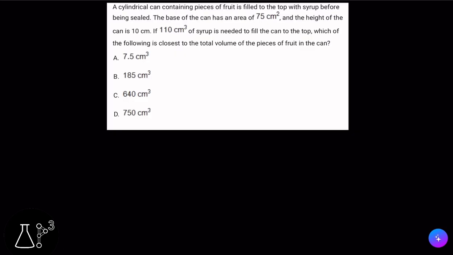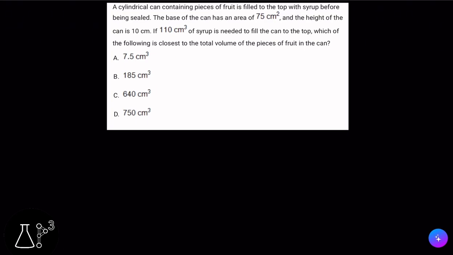Okay, let's do another question. A cylinder can containing pieces of fruit is filled to the top with syrup before being sealed. The base of the can has an area of 75 centimeters squared, and the height of the can is 10 centimeters. If 110 centimeters cubed of syrup is needed to fill the can to the top, which of the following is closest to the volume of the pieces of fruit in the